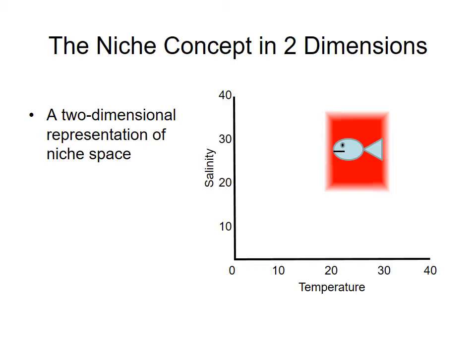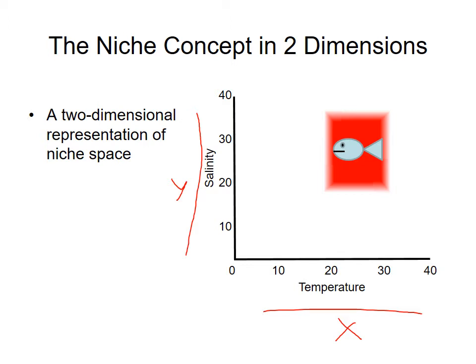There are other factors that have to be within the right range for that species to survive, and we can add those to our conceptual model, making it a two-dimensional model now, which has an x-axis and a y-axis. And so now we're using this two-dimensional square to describe the potential range of habitable conditions